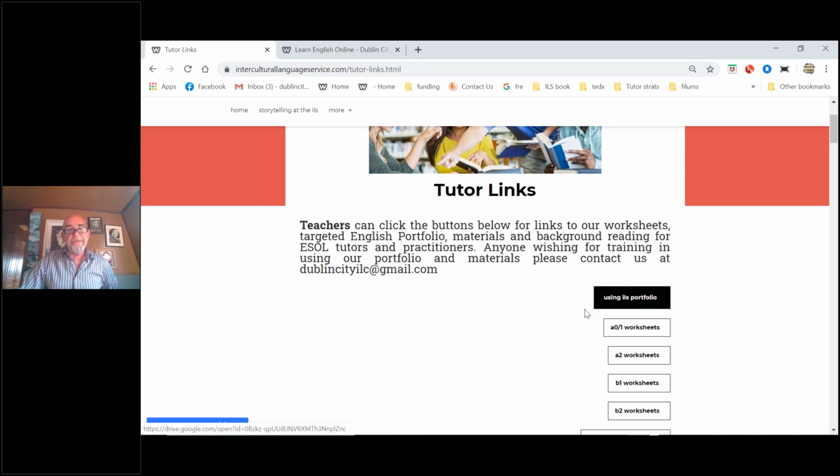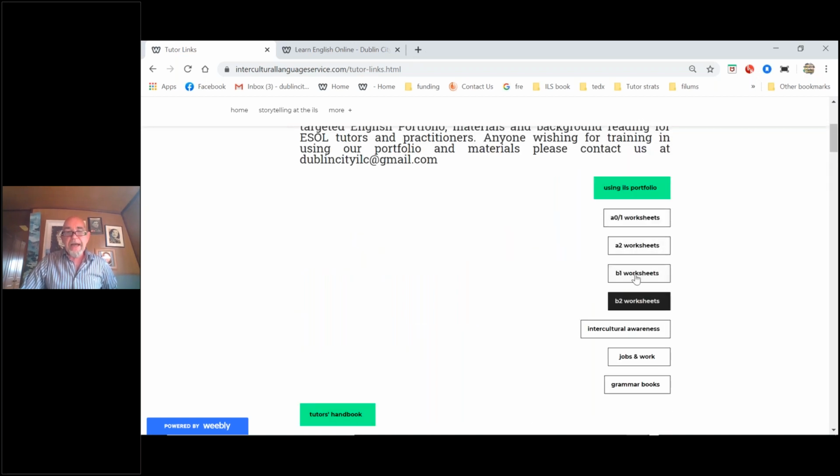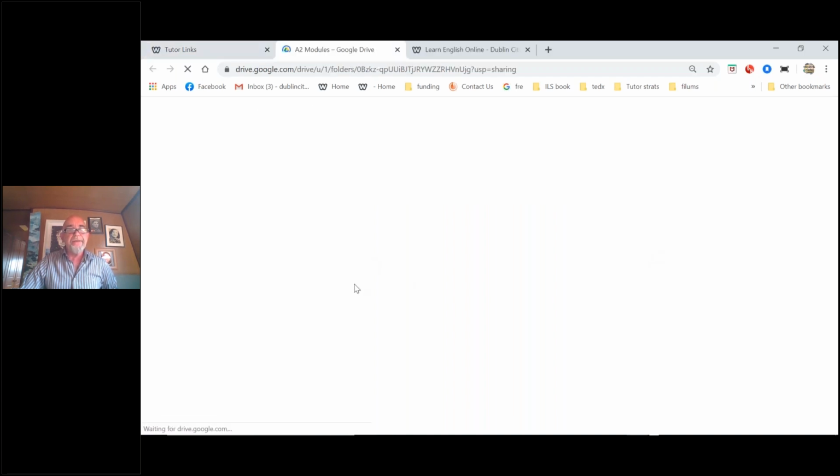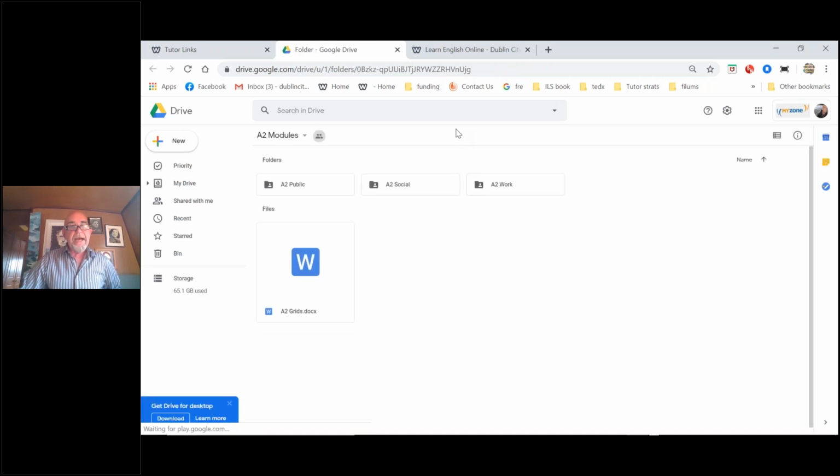So getting to the portfolio, these are the materials here at the different levels. We've also introduced a very basic level for beginners there, but we're interested in, we'll have a look at the A2 level. Now here, you have all of the materials that are connected to the portfolio, and I have copied in the